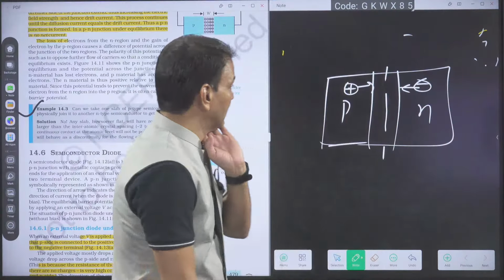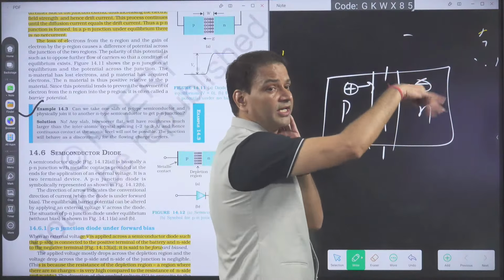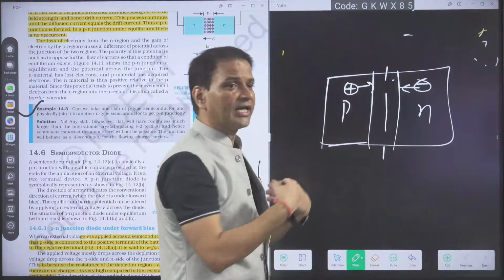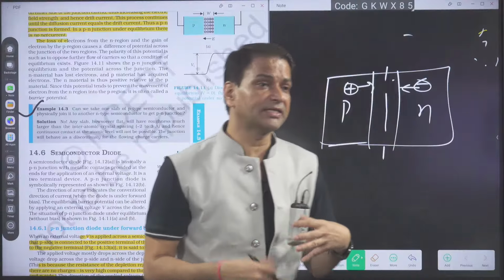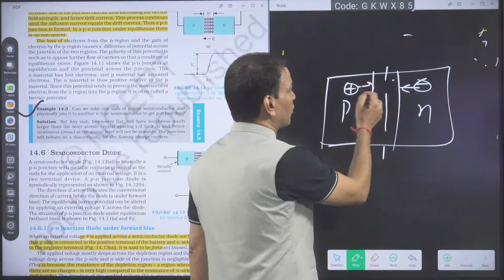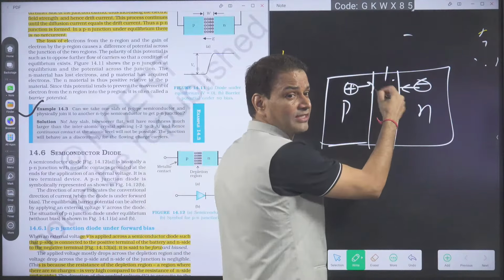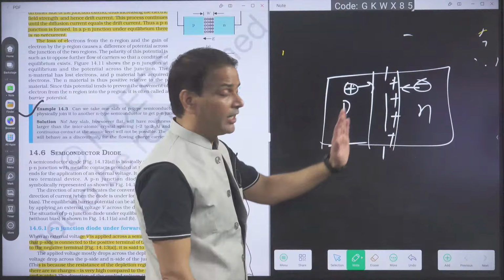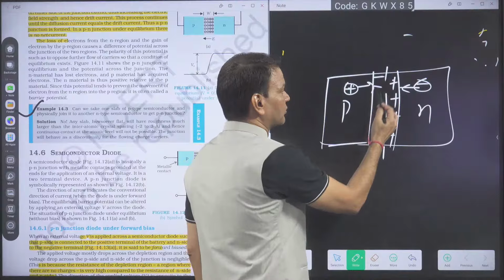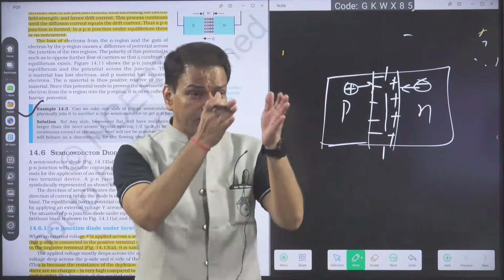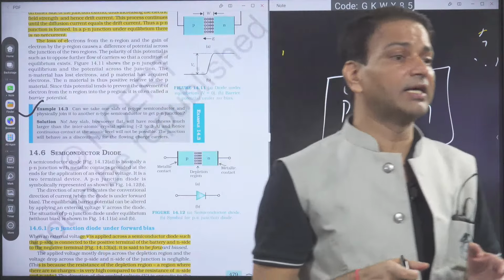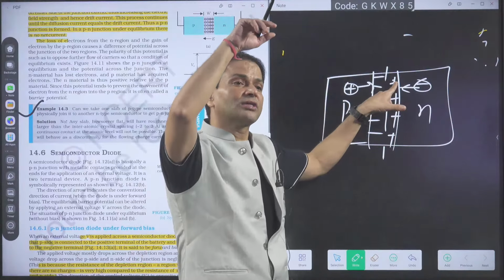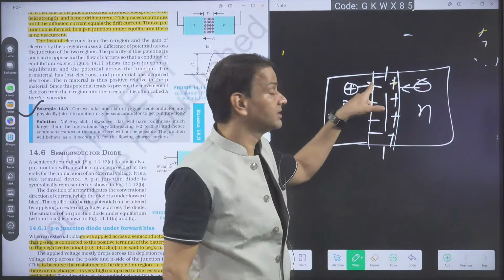Okay, suppose phosphorus releases this electron, so phosphorus will become P plus. Al receives the electron, so it becomes Al minus. It means earlier they were neutral, but when the electron fills the hole, that phosphorus atom becomes positively charged. So on the N side we will get positive charge. And which atom received the electron? We will get negative charge there. So near the junction, we will get a layer of these ions. This plus is not the hole. This plus is the phosphorus atom which has given the electron. And this negative is what?